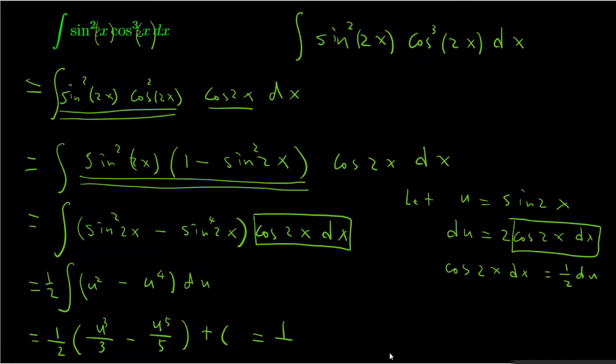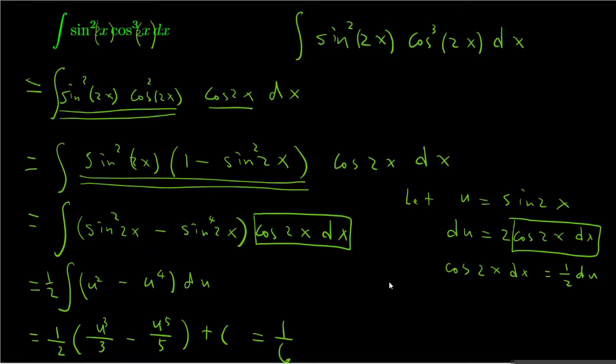You multiply 1/2 in, I think you have 1 over 6. You have 1 over 6. And then times u to the power of 3 in terms of x. It's cos of 2x to the power of 3. I could write this one as on the numerator. It doesn't matter. The same thing. And then